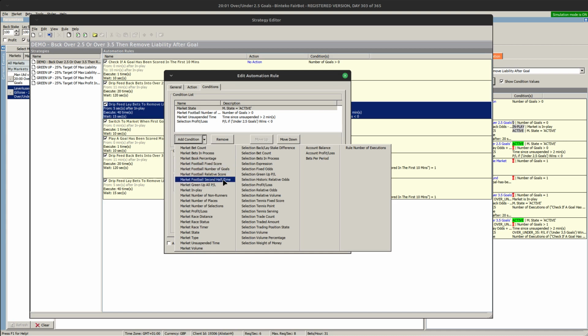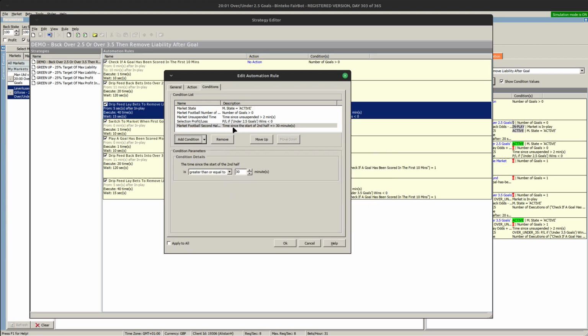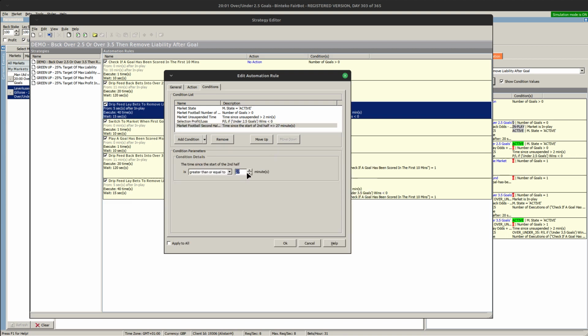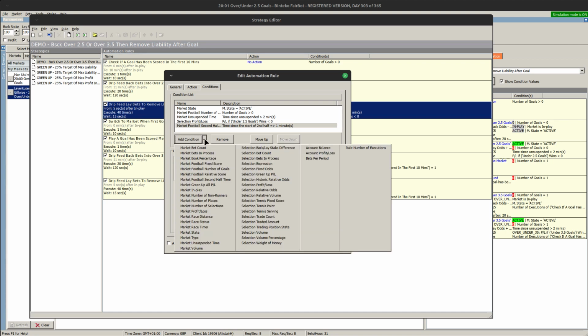This one here, Market Football Second Half-Time, that allows you to check how many minutes have gone since the start of the second half. But there isn't a specific condition that allows you to check that it's currently half-time. So the way to really do that, if you wanted to halt bet placement during the half-time period, it would be twofold. You would use the market second half time option and set that to 1 minute or so. So that just tells you that the second half has started. But you may also want to specify another one where you would